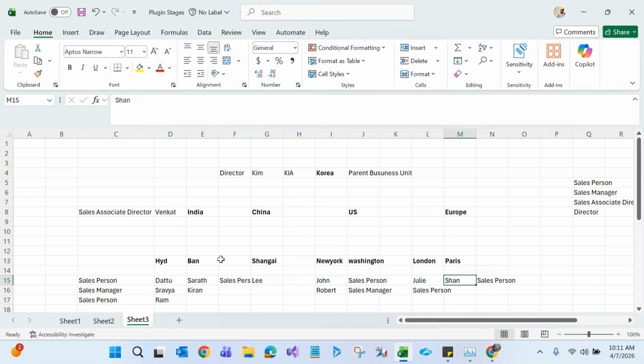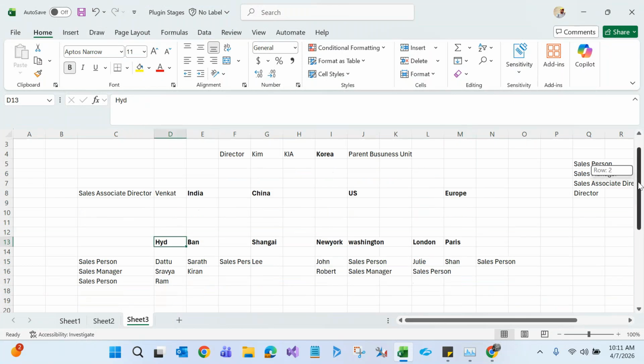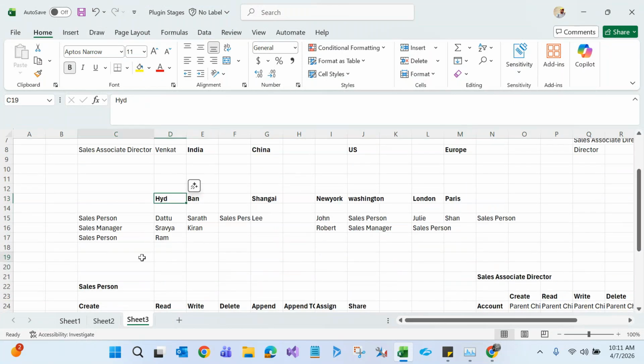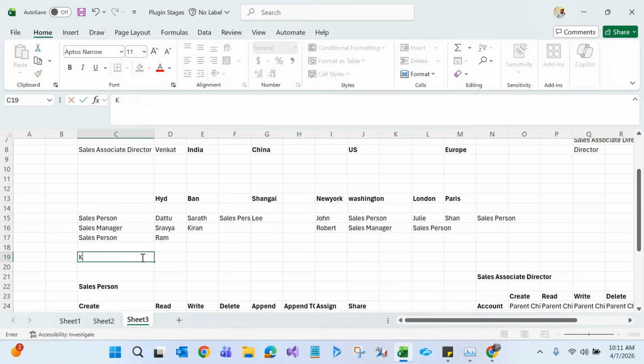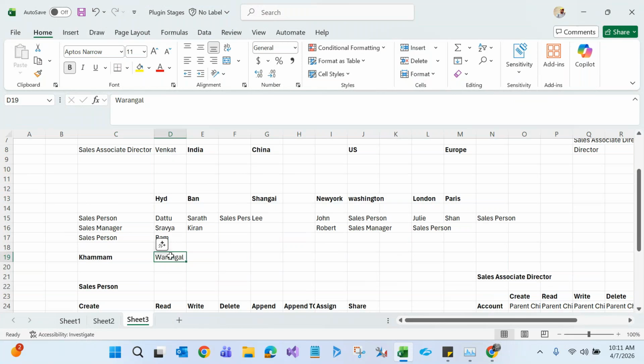Okay, let's say Hyderabad has sub business units, like Khammam and Warangal. Let's say Hyderabad has two sub business units, Khammam and Warangal. Let's say from Khammam we have Satish, from Warangal we have